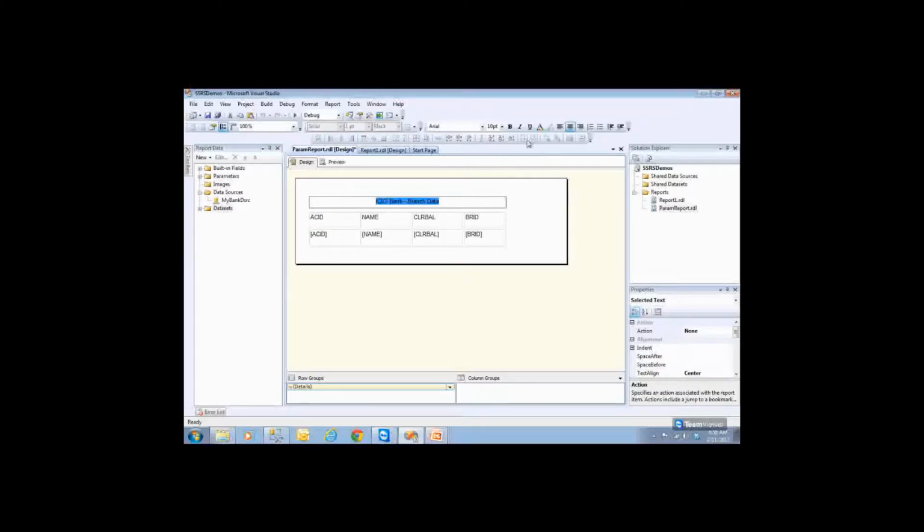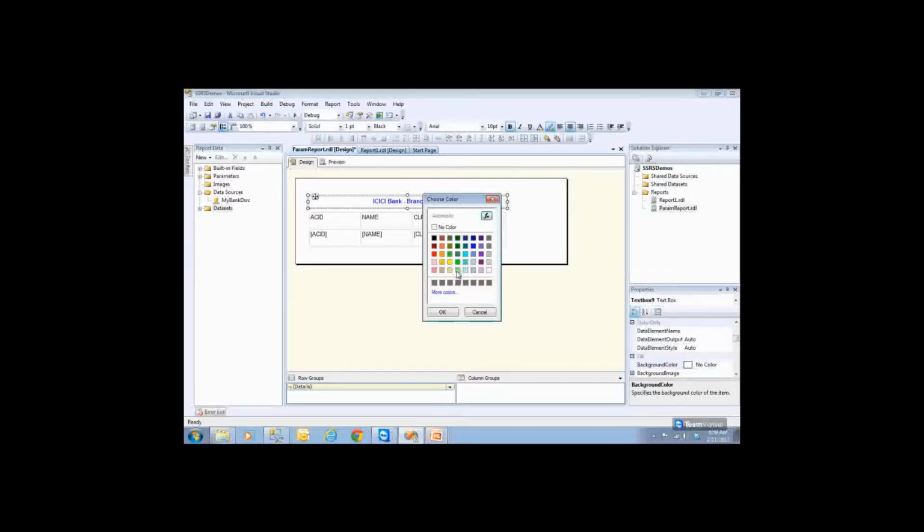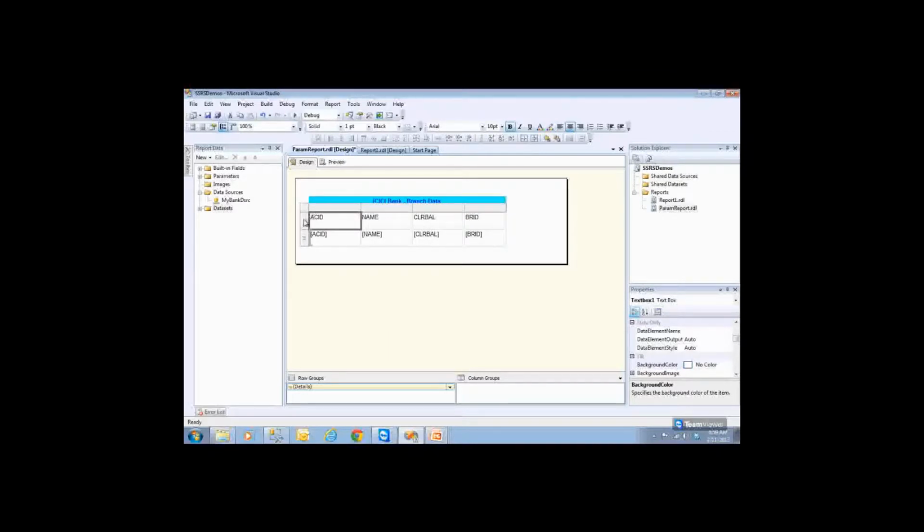Select the font, go here and choose the different parameters, and bold it, Control B. Then if you want to fill the color, make sure that you have selected this and fill the color; this is the option. So I am choosing this color. Okay. Now for account ID and everything also you can just bold it, and if you need a filling color, the filling color is this. So let me choose a good color so that this also looks good. Okay. So I have created the report and I have done it.